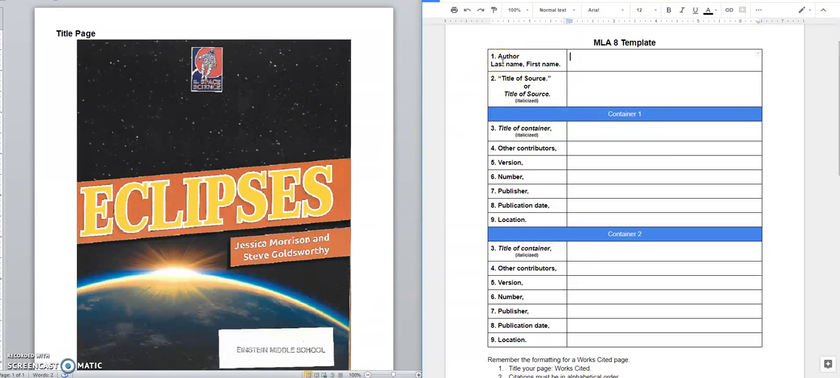The first thing that we need to look for is the author's name. When I look at the title page, I see that today we have two authors' names. So we take the first author's name and type last name, comma, first name: Morrison, comma, Jessica, comma, and then just Steve Goldsworthy, period. Okay. And I'll show you at the end of this screencast where you can find information if you have multiple